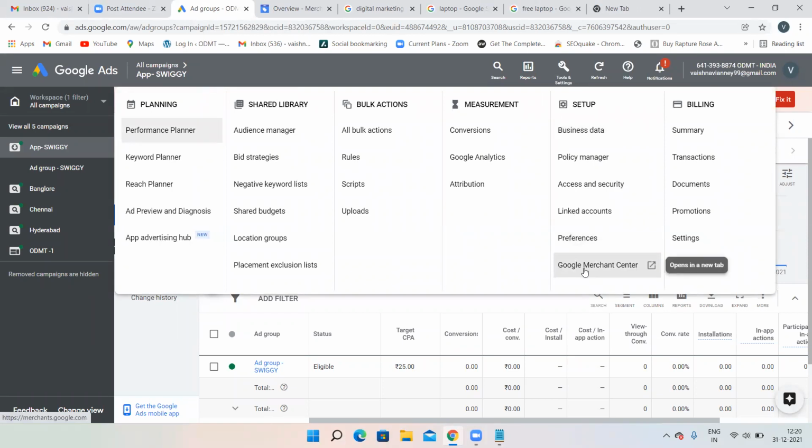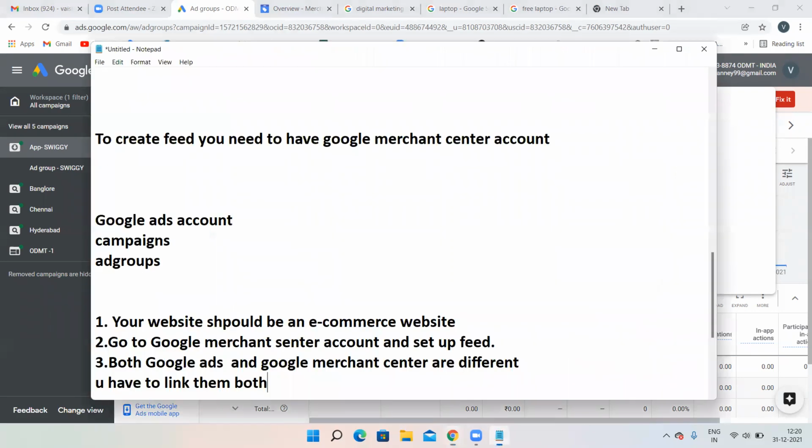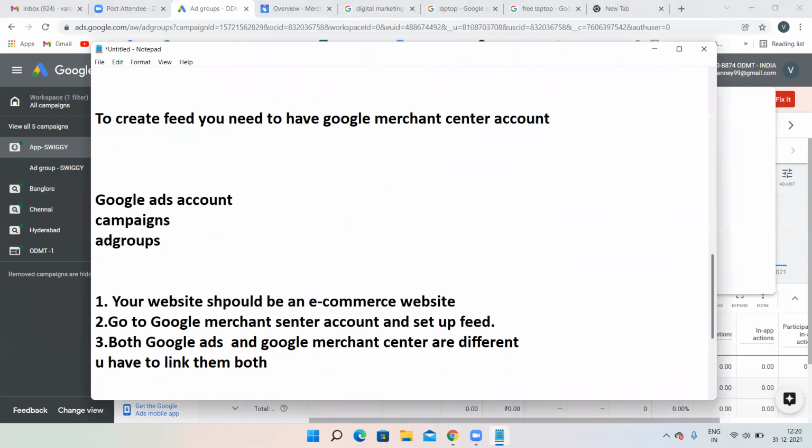So always remember, both are not the same. When you set up your feed with the help of the Google Merchant Center account, you have to link your Google Merchant Center with your Google Ads account. That's it. Both are different, and you have to link them both. Okay. Then the fourth point.